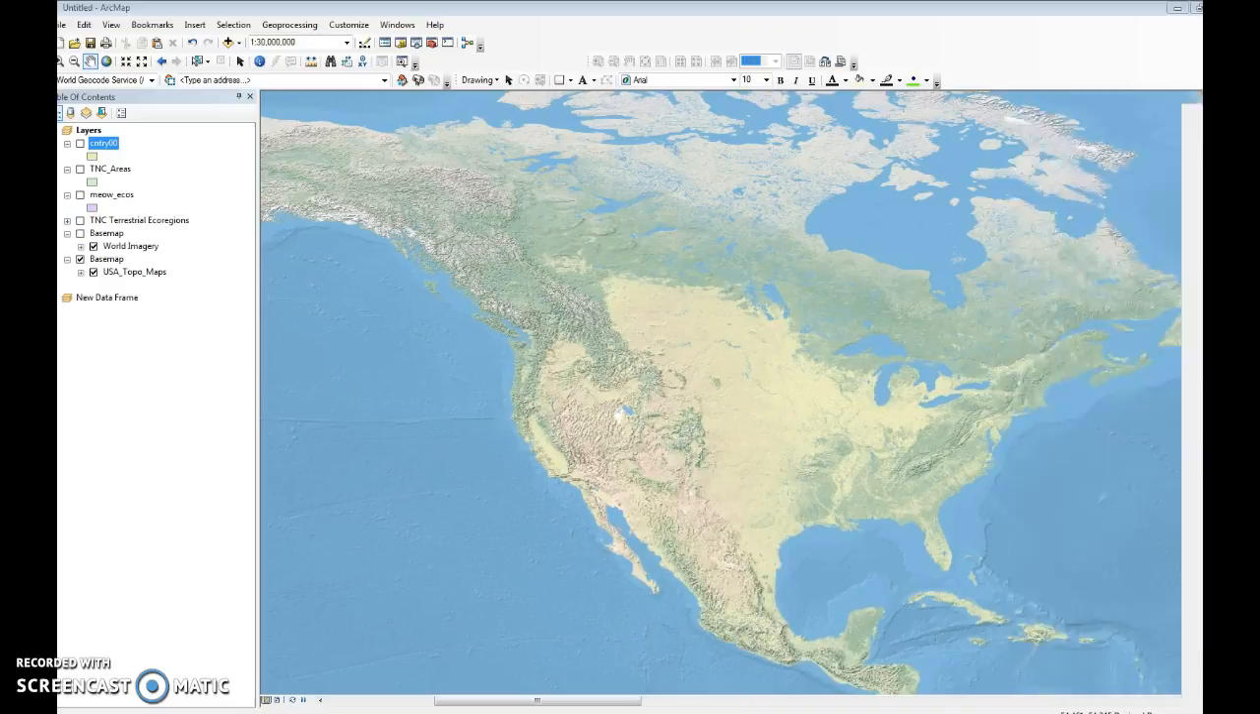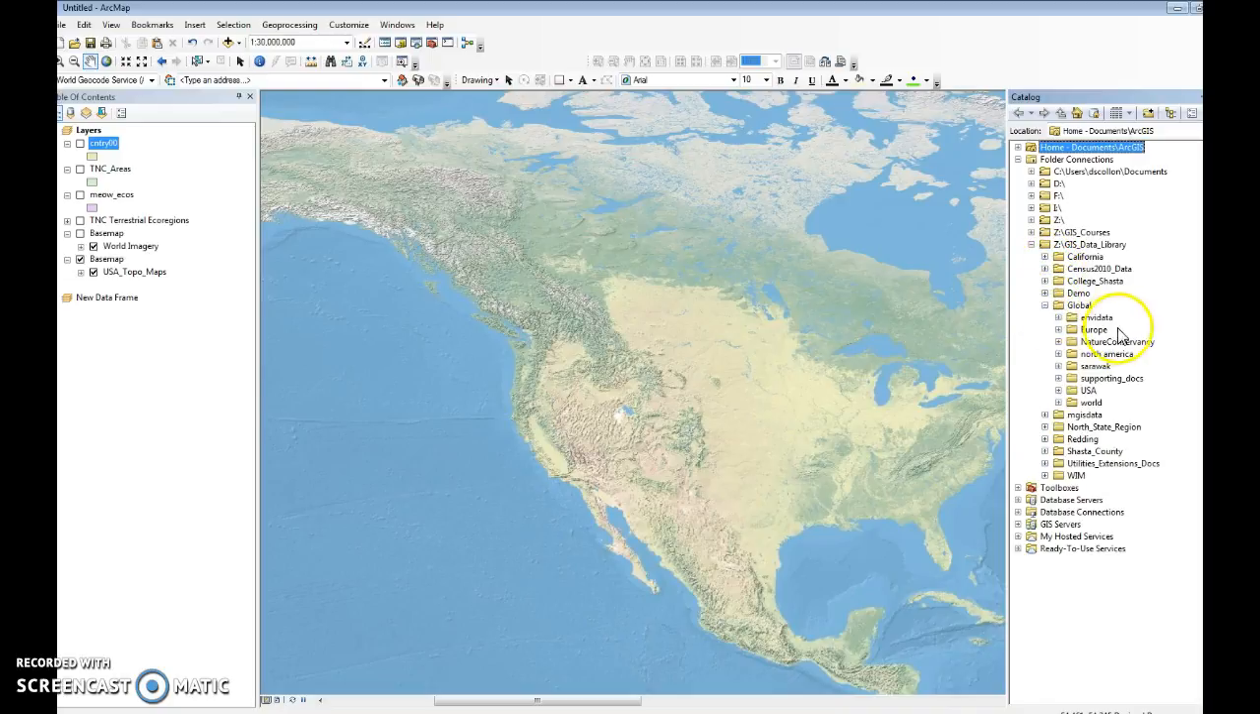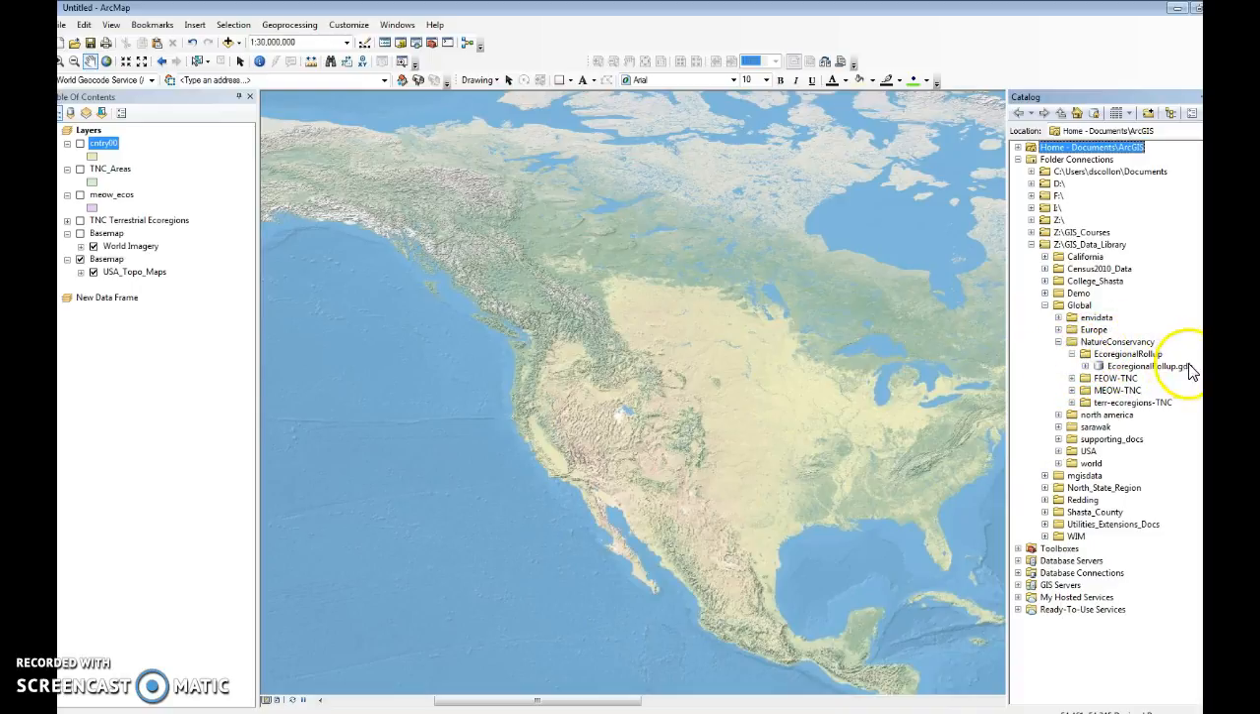Now, data management is very important in GIS, and so I'm just going to briefly show you some of the ways in which we can organize our data. So I have a folder called the GIS Data Library with broad folders for California. You see global, North State region, and underneath this organization, I can view specific areas. So for example, Europe, I'm actually going to be looking at some data from the Nature Conservancy. You see North America. If I go into the Nature Conservancy data, I see a few folders, and I see a